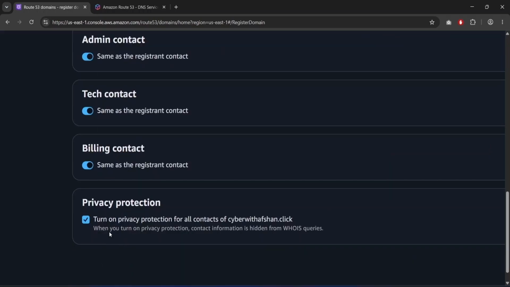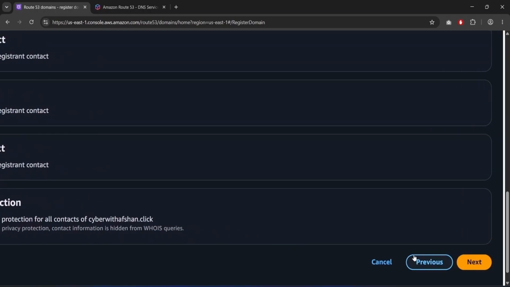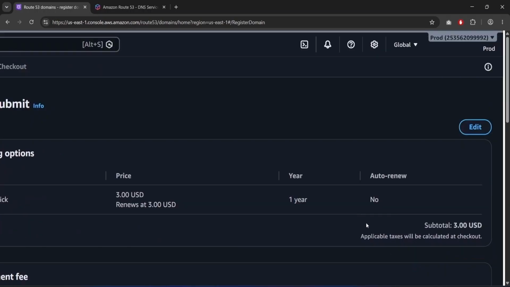Like admin contact will be the same. Tech contact, same as the above contact. Billing contact will be the same. And privacy protection. Okay, turn on privacy protection for all contacts of cyberwithafshan.click. Why is this privacy protection important? Like when you turn on privacy protection, contact information is hidden from the WHOIS query, the WHOIS database. Okay, so now I'm going to click on next,